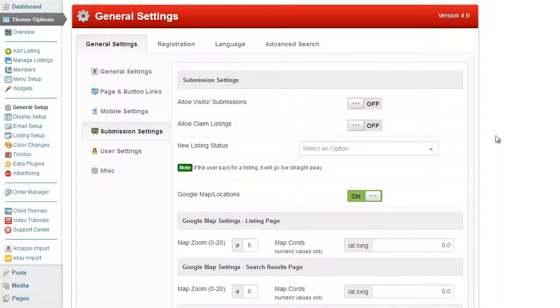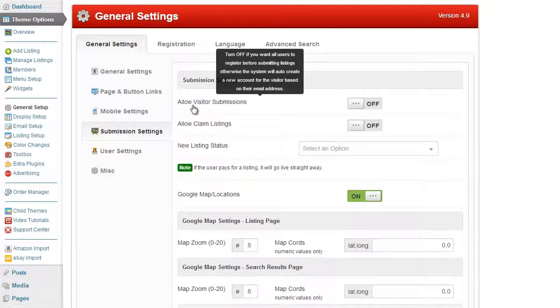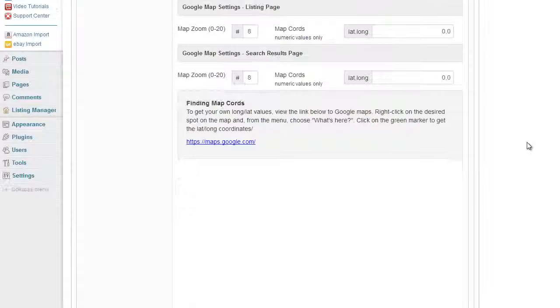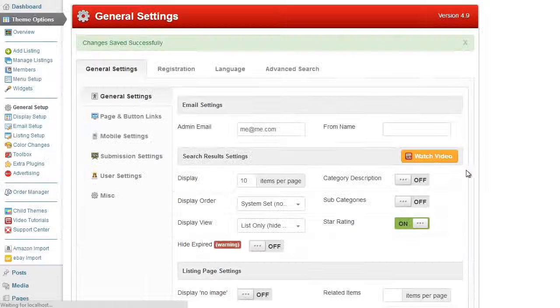Now the first option on the list is Allow Visitor Submissions, and what this means is that you can allow visitors to create a listing without first registering, and as part of the submission process they enter their username and email and a password, and then they can obviously create an account as part of the submission process. So if I go ahead and show you this, if I turn it on, scroll down, save changes,